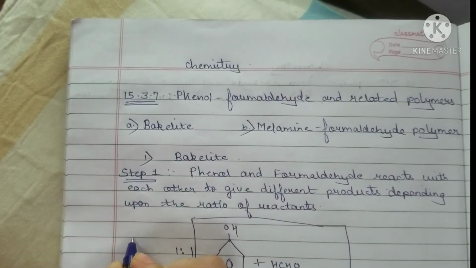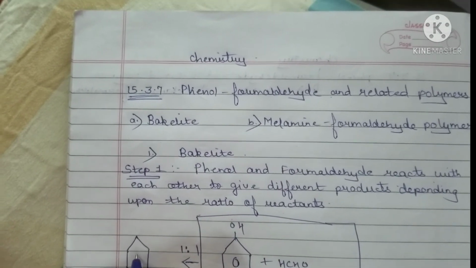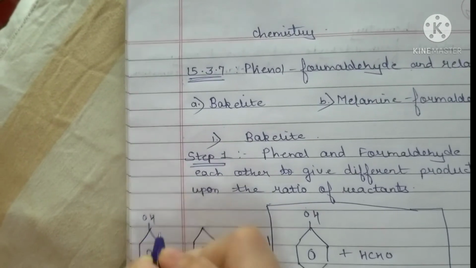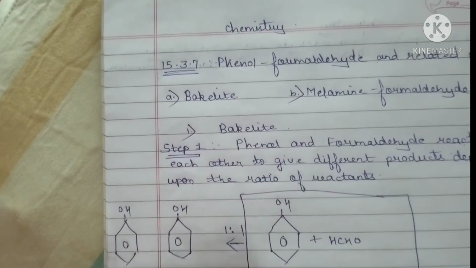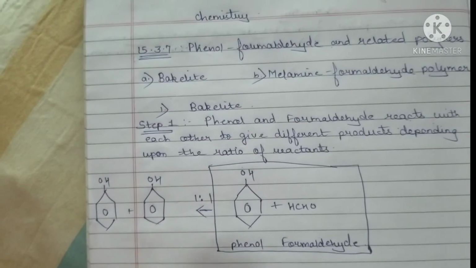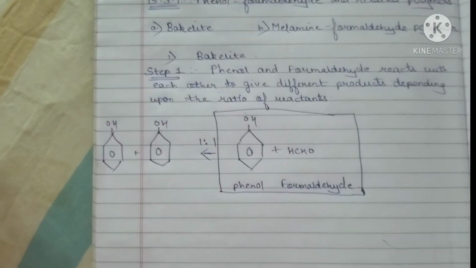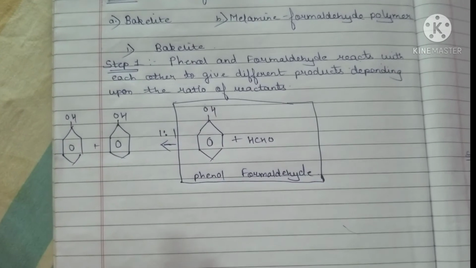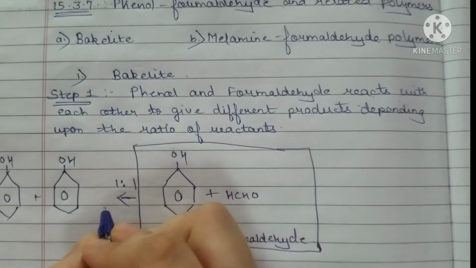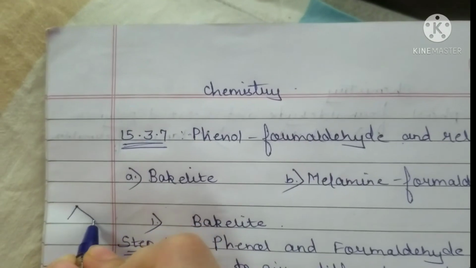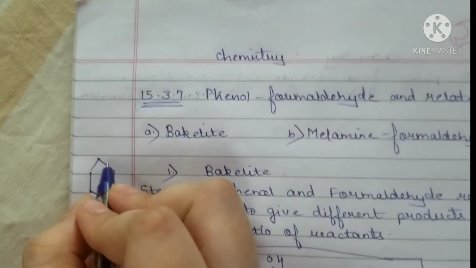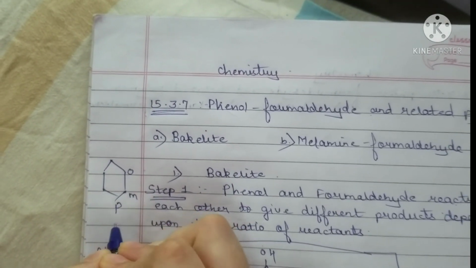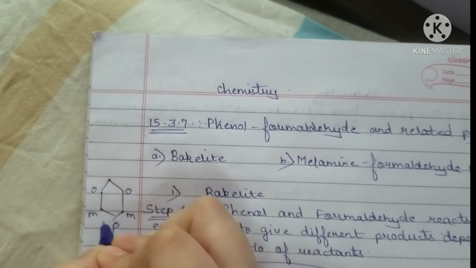First, again draw the structure of phenol. Draw 2 structures. You have your OH group here, you have your OH group here. This is phenol. Now always keep in mind, when the substitution takes place, it takes place at the ortho and para positions. Now which are the ortho and para positions? I'll just do a different diagram here. For example, this is the benzene ring. You have the ortho position here. This is called meta and this is called para. Similarly, ortho, meta and para.